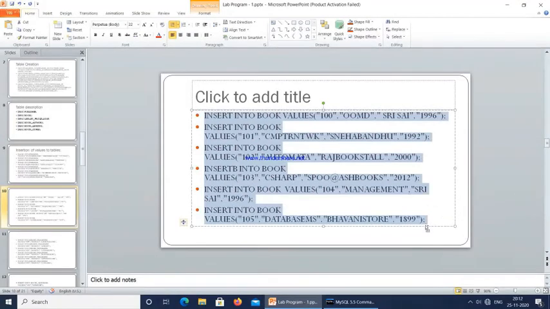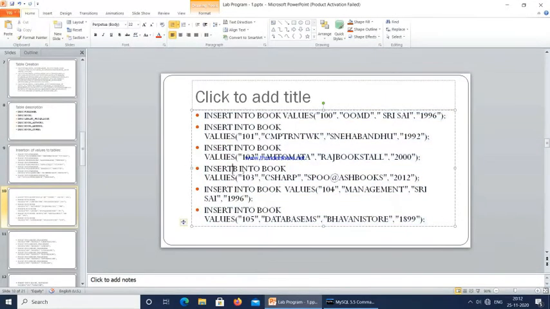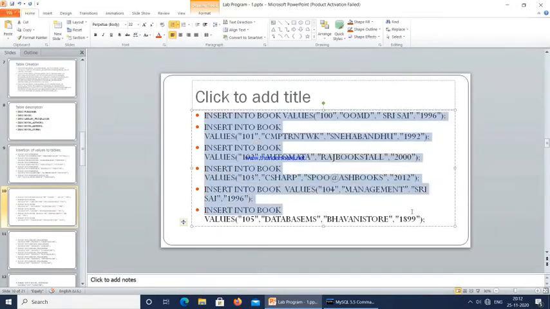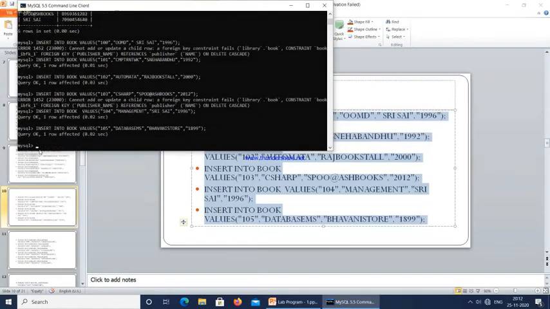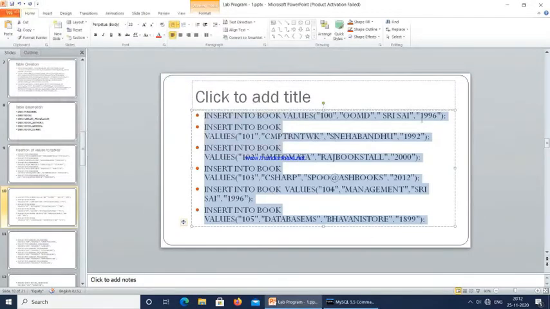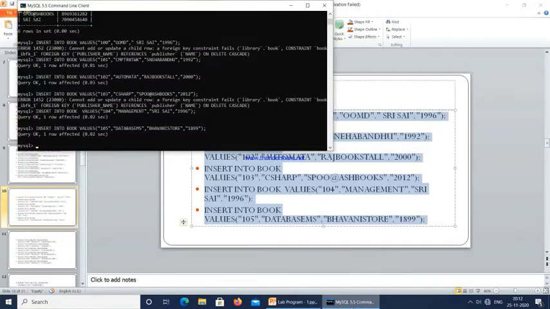So let me copy this query. Sri Sai, I think this publisher is not there, so we need to insert it.